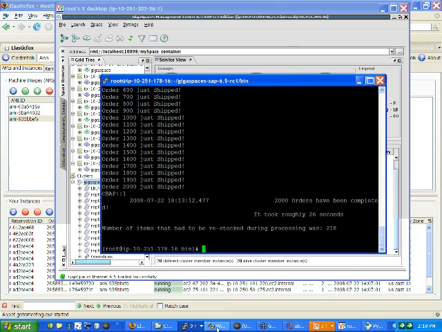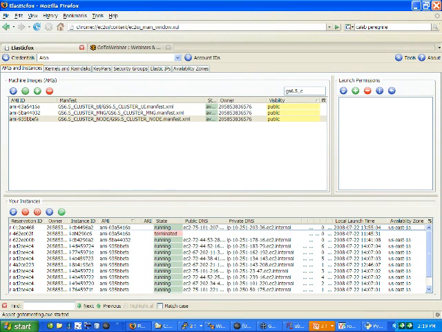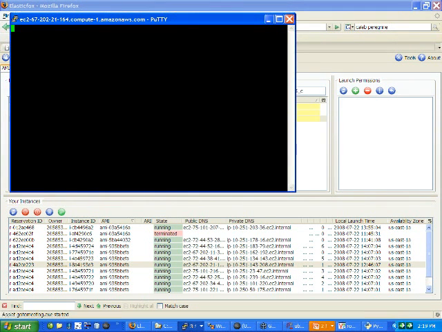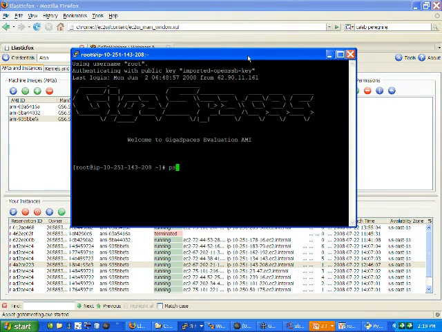Since we're having a good day, let's see what we can do. We're going to go back here and open up a connection to one of these running containers. This will only take a few more seconds. As you can see, it only takes 26 seconds or so to execute now. So just bear with me for another 30 seconds and I'll show you how fun this is. ps -A | grep java. There we go. We got 2 containers running on this machine image, which is what we expected, 2 per machine. So what we're going to do is killall -9 java, but we are not going to execute that until we start running the actual client again.